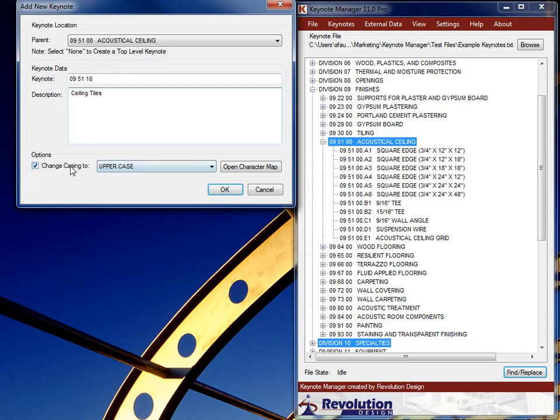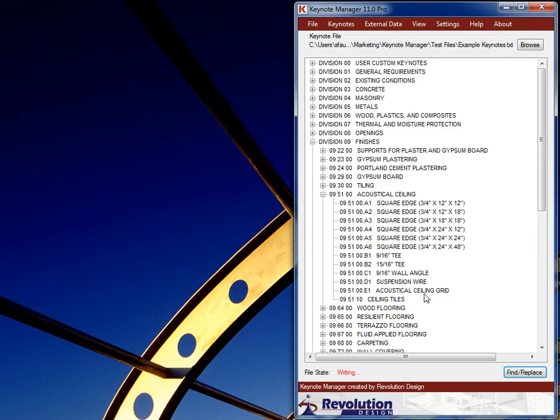As you can see, I've also got my casing options, uppercase, lowercase, title case, or sentence case. That's an automatic change, which you can turn off with a checkbox. This defaults to whatever is set in the settings over here. We'll go over that in a different video, so I don't have to worry about my capitalization or uncapitalization over there. As you can see, I've created my note right here, and it automatically changed it all to all